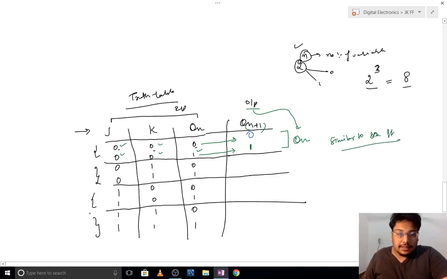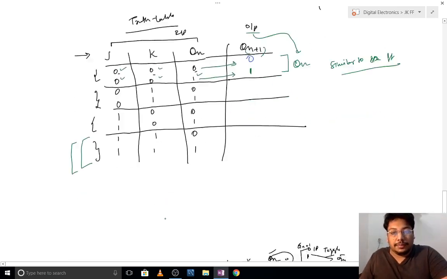Now let me check the case when J and K both will be 1. As I have already explained, in the SR flip-flop we have an indefinite value, but in this we must have some definite value. Only then we can say it is advantageous over the SR flip-flop.